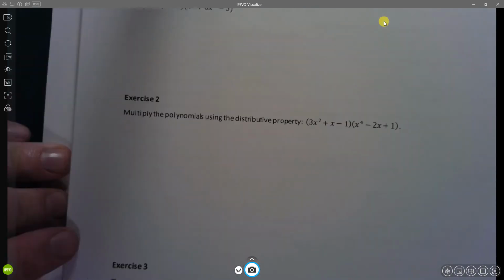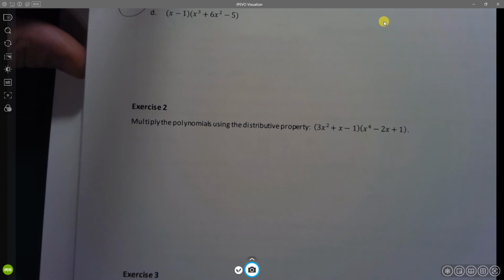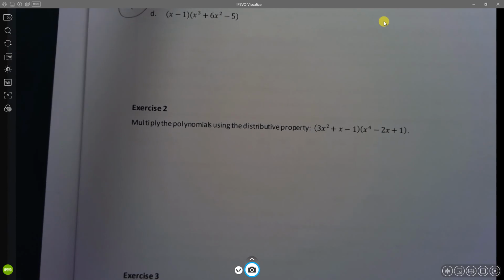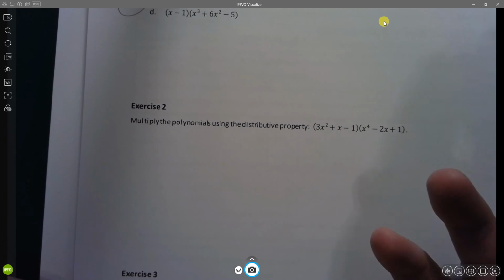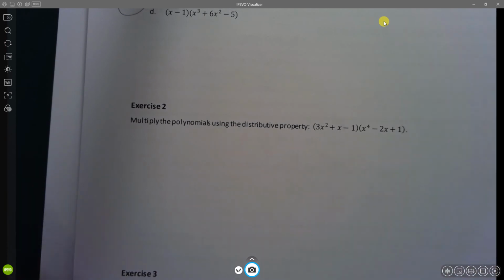All right. So exercise 2 gets a little bit interesting. Okay. This is a distributive property. All right. So they want us to take each of these terms and distribute into the polynomials. Okay. Now, I'm going to show you something that I want you to see. This is a lot easier